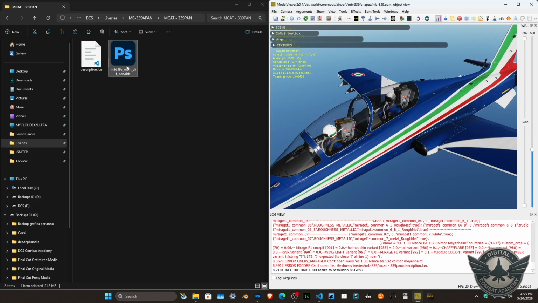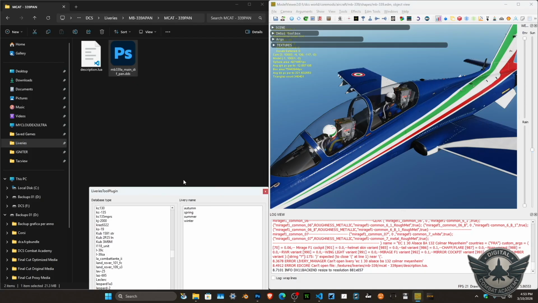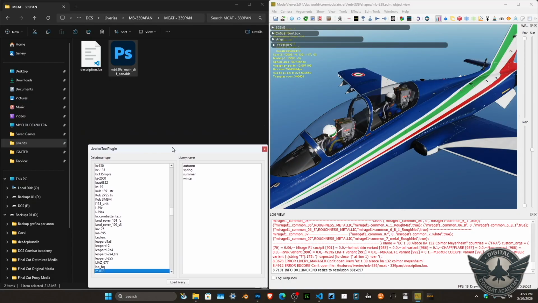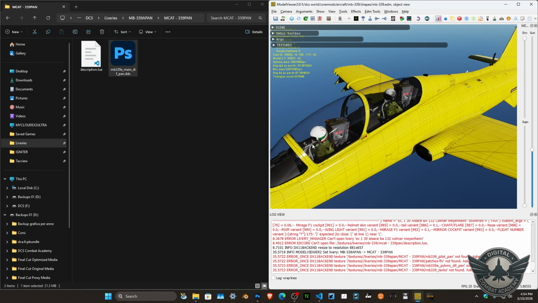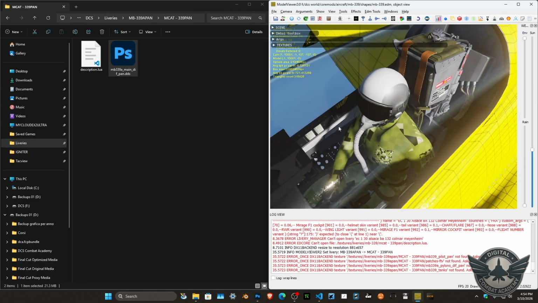So we can reload the images, but we cannot expect model viewer to know if we have added or removed something in the configuration or in the files. So the files must be all here and the configuration must be untouched. Let's just reload this one,